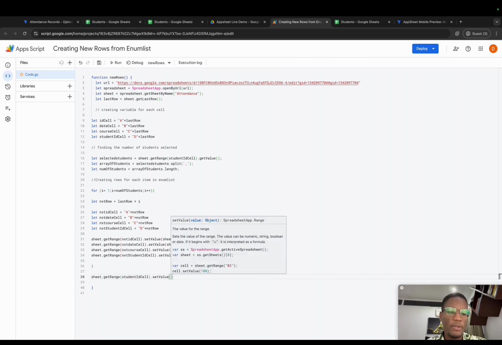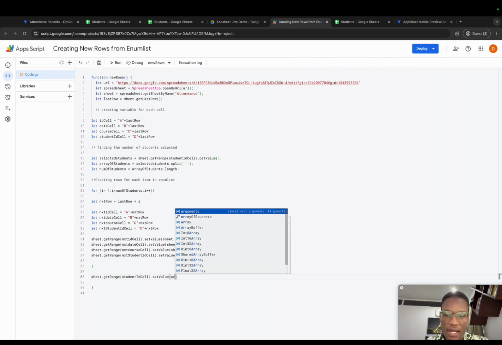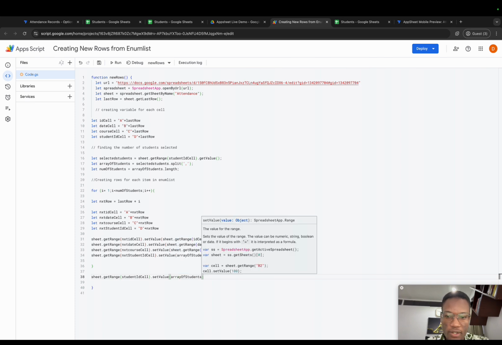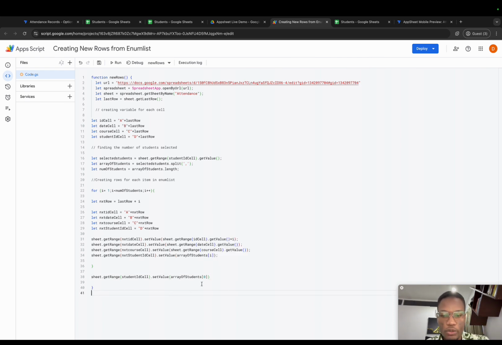Okay, so what are we setting the value to? We are setting the value of this particular cell to array of students 0. Now remember I said arrays have a 0 index, so by putting 0 right there, it picks the very first value in the array. So once I do this,